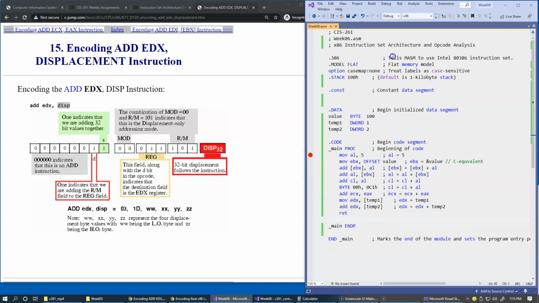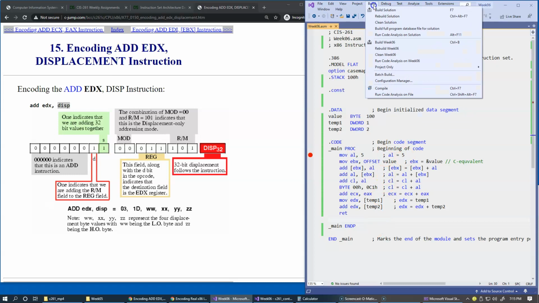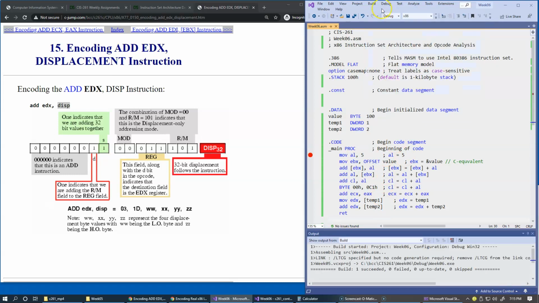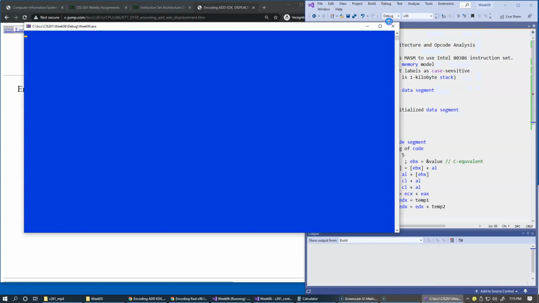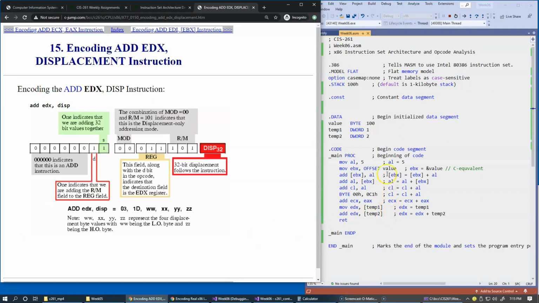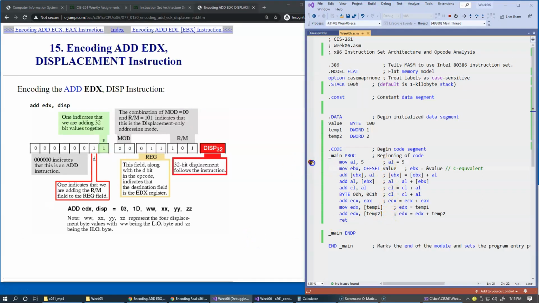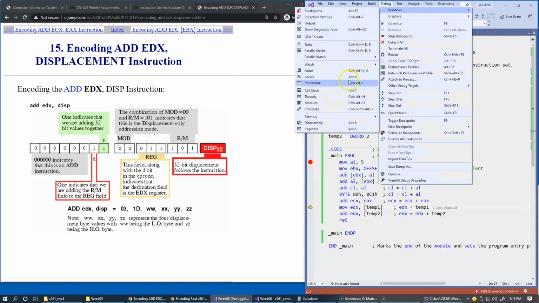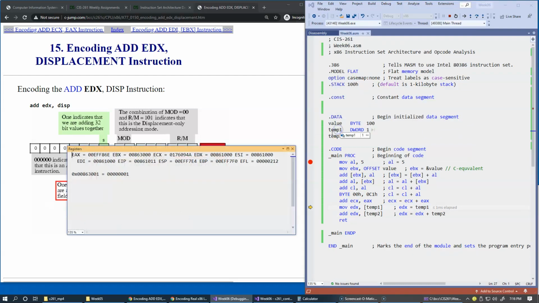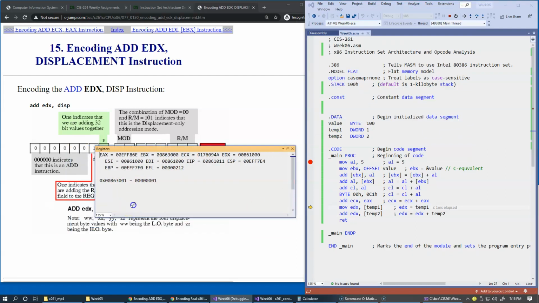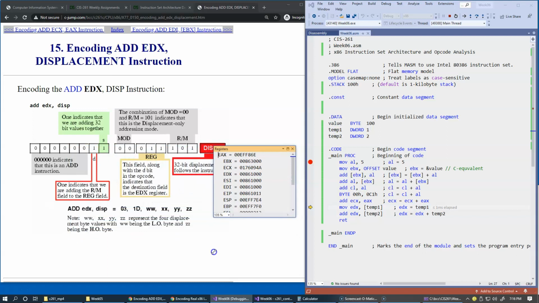Let's run this real quick in debug mode. So let's build and run this in debug mode. Start debugging one more time. Debugging stops at the breakpoint, and I'll just press F10 a few times to fast forward to this instruction, and let's make visible our registers. Okay, registers, and so these are our registers. So currently register